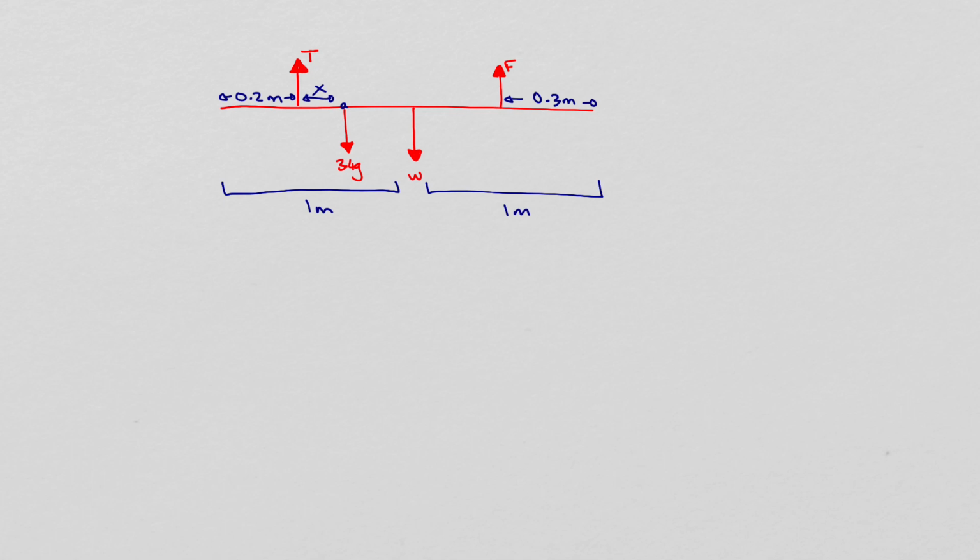So I'm going to say let x equal the distance of the mass to T. Okay, so what we want to do is work out what is the first possible position this can be from T,